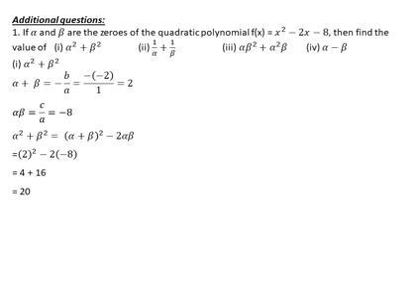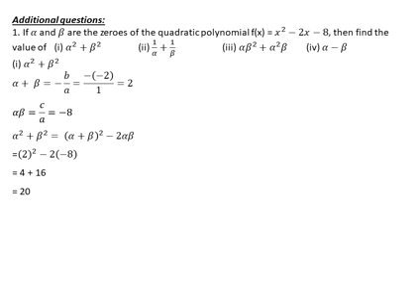Can you understand? Once again I will repeat what I did in this sum. I am just converting in terms of alpha plus beta, alpha beta. For that, from the a plus b whole square formula, I am arranging in the format of alpha square plus beta square. Then we get the formula alpha plus beta whole square minus 2 alpha beta. Then if you substitute the values, you will get the answer.